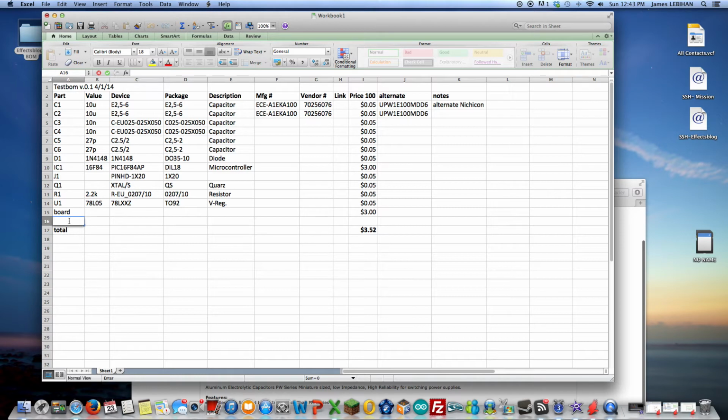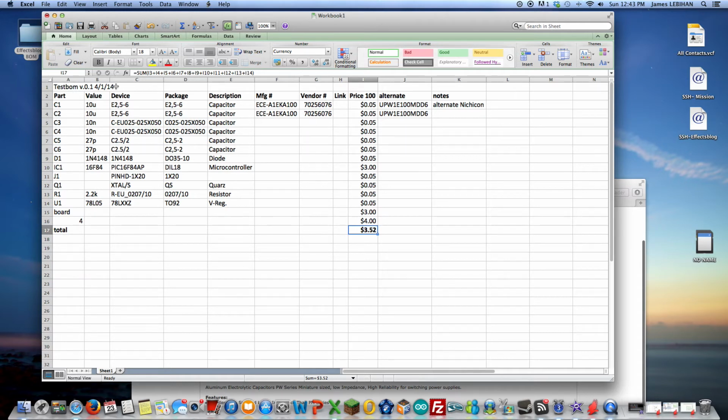I might put that in the BOM, which would be the assembly cost at the contract manufacturer. Maybe they charge me $4 to make the board, so I might put that in there. And then we'd update this down here,